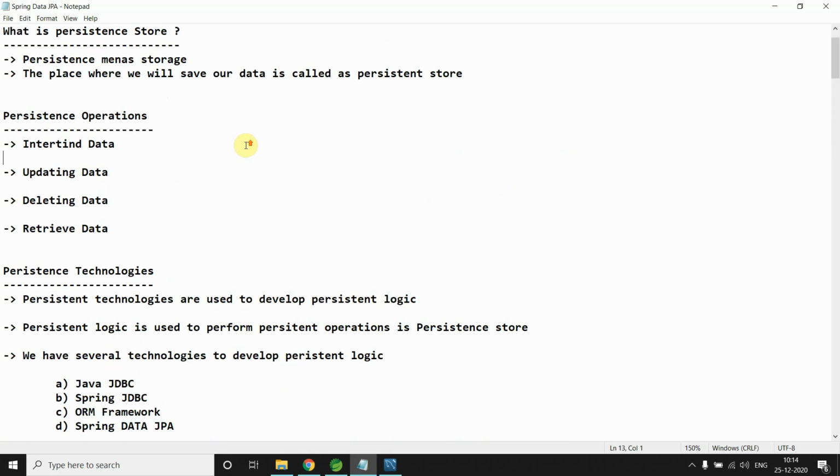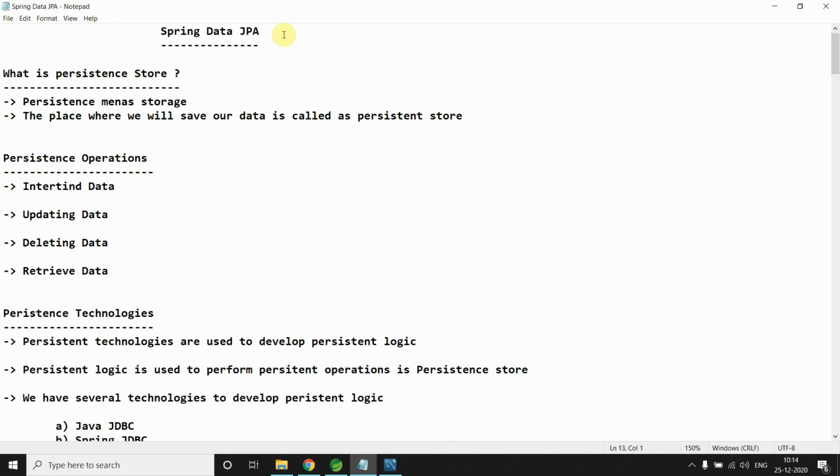The first thing, I hope if you are going with Spring Data JPA, you already know what Hibernate, persistence, and ORM are. There are a few things you should already know because it will give you good clarity on why we are using this. So read about ORM, JPA, Hibernate, what all these things are. Okay, so let's begin.